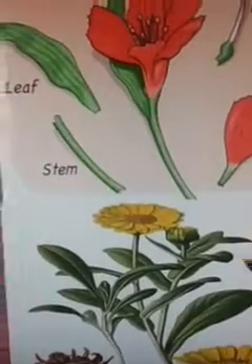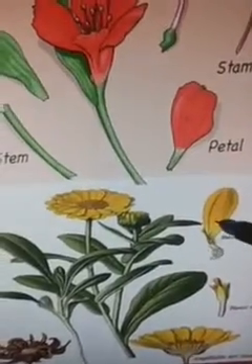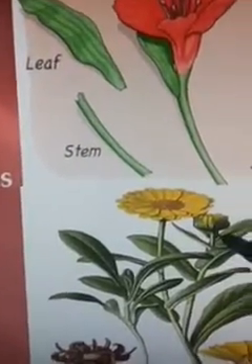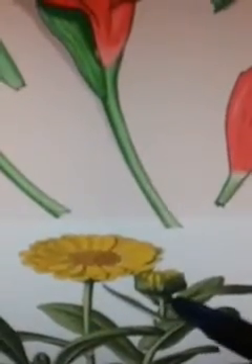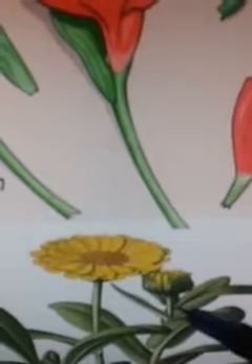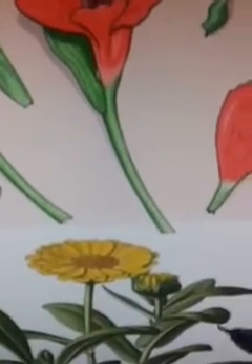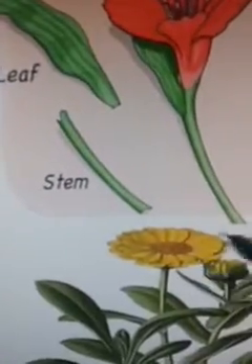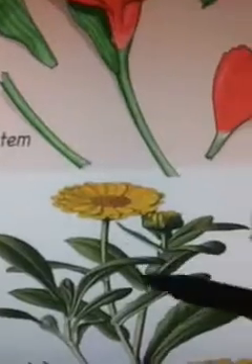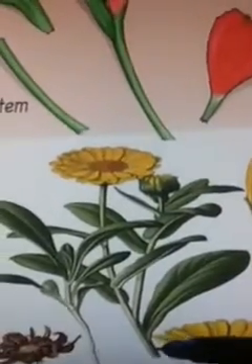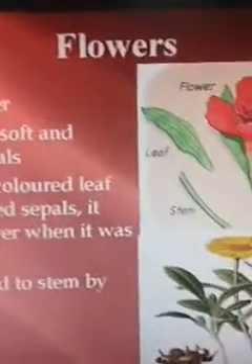Here also, these are petals, yellow colored. This is a single petal. Here you can find it, children. Before blooming, the sepal is covering all the petals in the bud stage. After it blooms, the sepal will be in the lower part, and the flower gets connected to the main branch with this stalk. These are the parts of a flower.